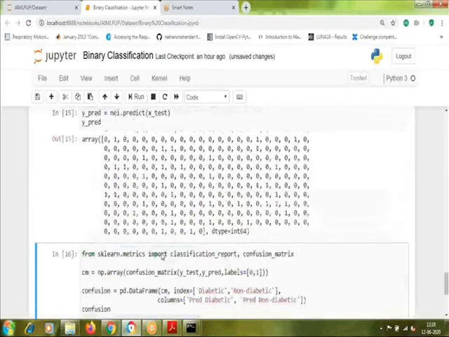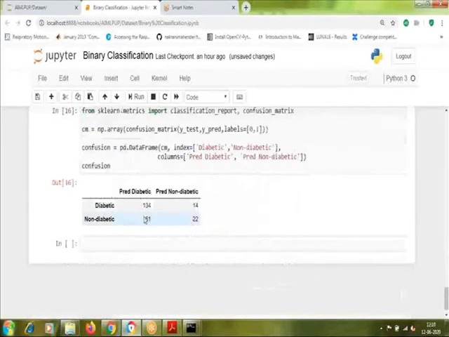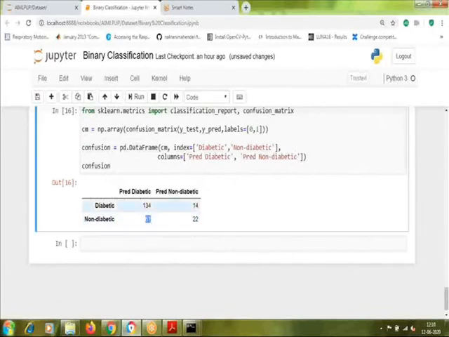But in the case of non-diabetic, the wrongly predicted as diabetic was 44 before, whereas here it became 61. So this naturally shows that it is becoming worse for non-diabetic, but it is working well for diabetic.